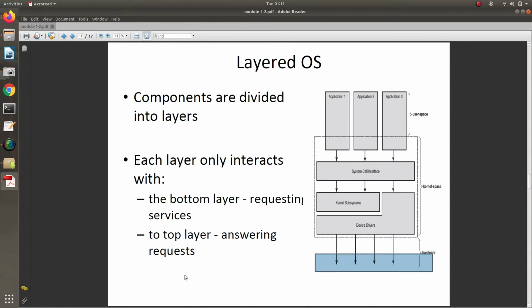So an important detail that I want to mention here is that the user space is the upper layer and the kernel space is the lower layer. The upper layer is definitely dependent on the lower layer. For example, if the kernel wants to perform something, it does not need to go to the user space. It can directly execute. But if the user wants to perform something, he needs to go through the kernel to access the hardware, while the kernel can directly access the hardware. So in a layered OS, these are just two layers that we have, but we can have multiple layers where the upper layers are always dependent on the lower ones. So that is what a layered OS is.